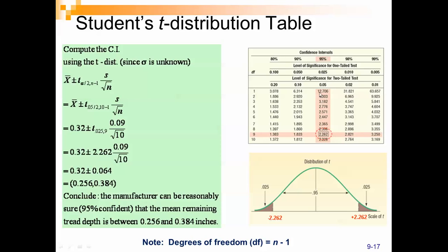So we're doing a two-tailed test, and we won't, because we're doing a confidence interval, so the tails don't make a difference. And we're going to go down our 95% confidence interval column until we get to the row where our degrees of freedom, which is 9, cross, and that gives us a 2.262 as our t value. So now we have our t value,